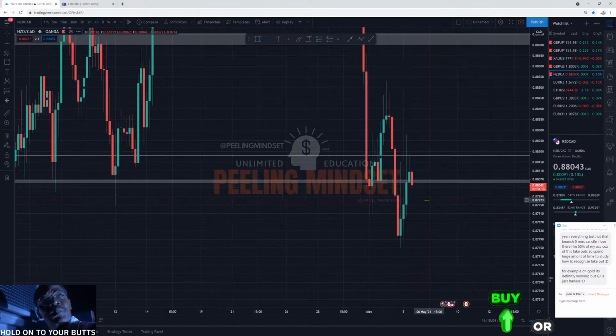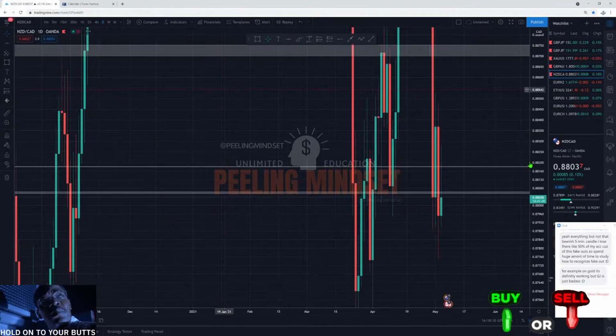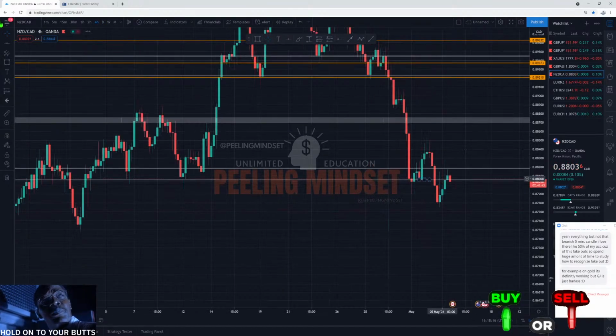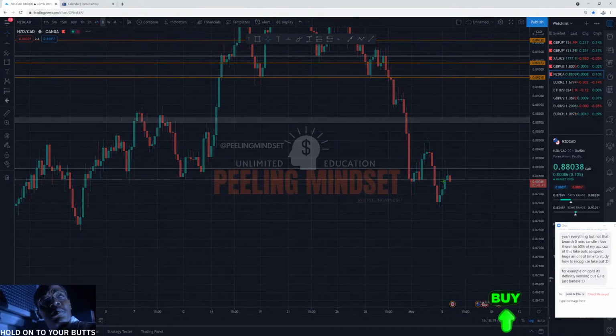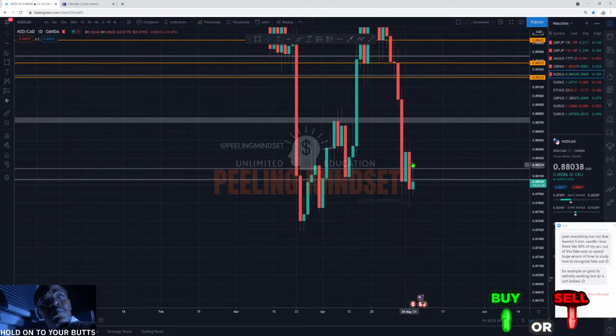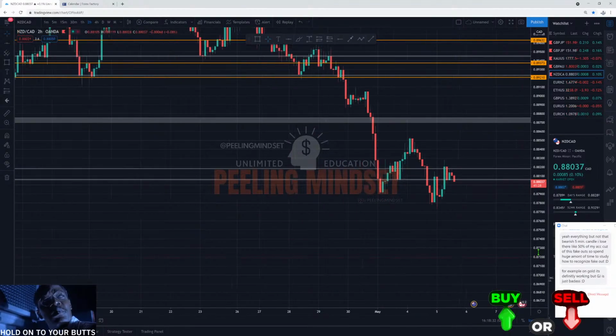So 4 hour. The yesterday's daily candle closed bearish below that level, which is a good thing. So today's daily candle almost seems as if it's grabbing its liquidity on the top side. So if you look at the daily candle, it's rejecting that level. It's still bullish, but it's actually rejecting that level, which is good. So if it's planning to go further down,